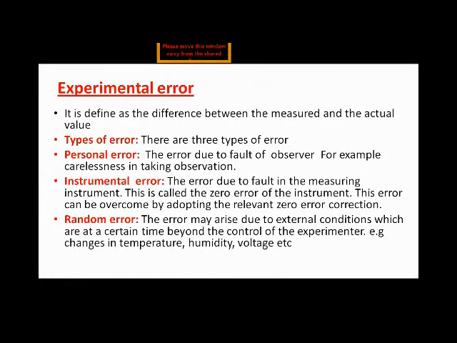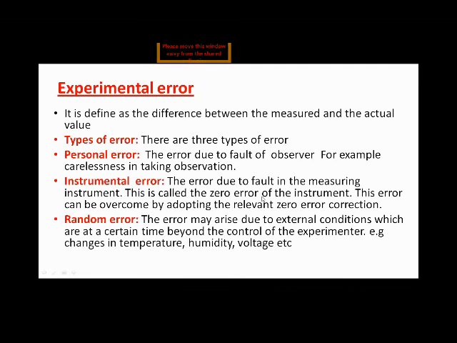In a scale or tape, some line or point may be missing or cut off, so we do not get the actual measurement or value. That is said to be the instrumental error.